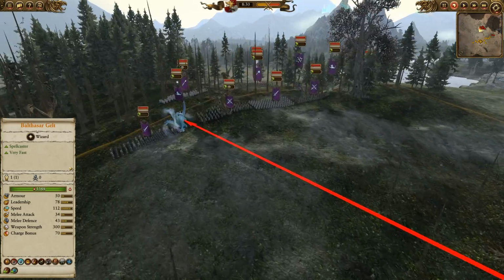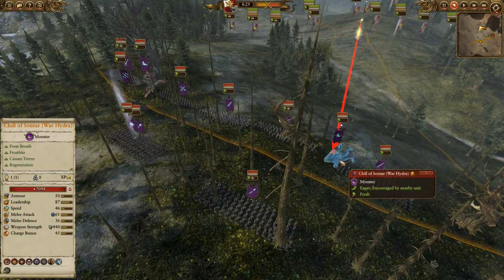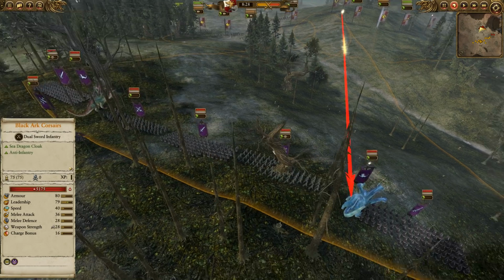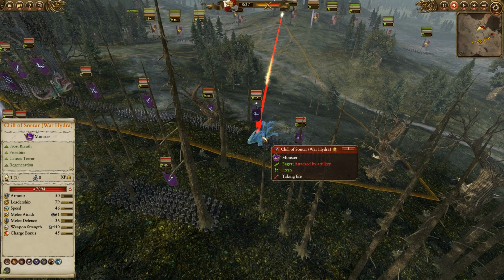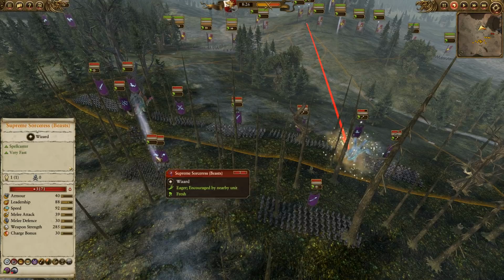For my opponent, he's gone with a double Hydra build, which you don't get to see too often. So we've got the Chill of Sontar and another Hydra here. Front line is going to be a mix of Bleak Swords and Black Ark Corsairs. You can see that Luminarch's already popping off shots against the Chill of Sontar here, which should do some nice damage. Solid contact there. A couple of Dread Spears, or actually a Dread Spear and Blackguard of Nagaron at the